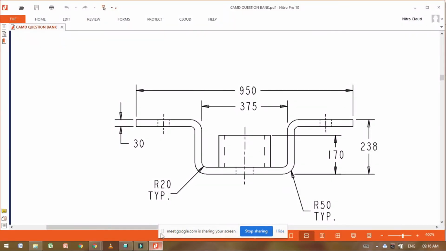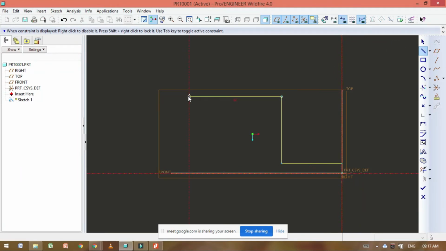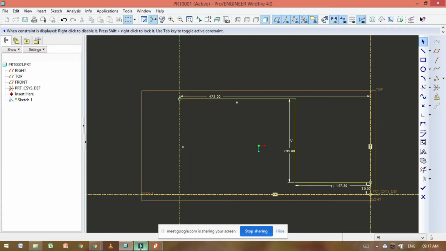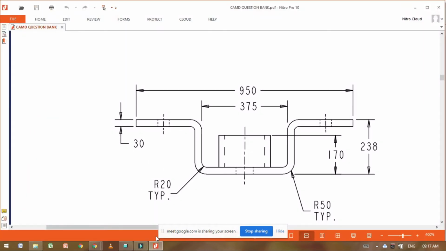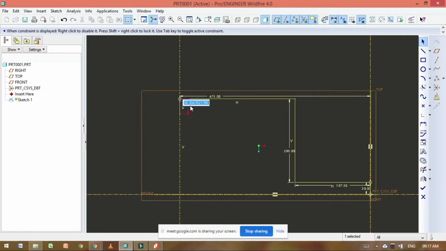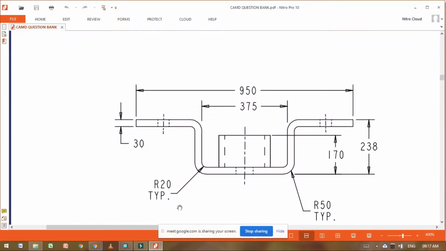Now, look at it. We can draw directly this line. Draw the line up to this point. Okay. Completed up to here. Now, next thing is this height, thickness. This thickness is 30. So draw the line. Add the thickness 30. Here this 30 thickness is given.